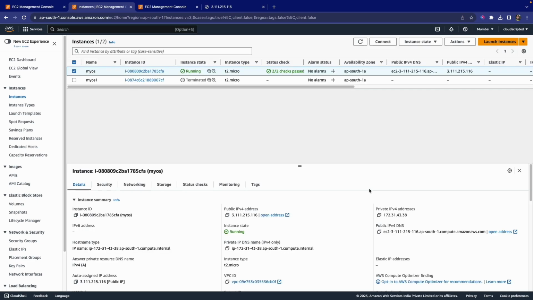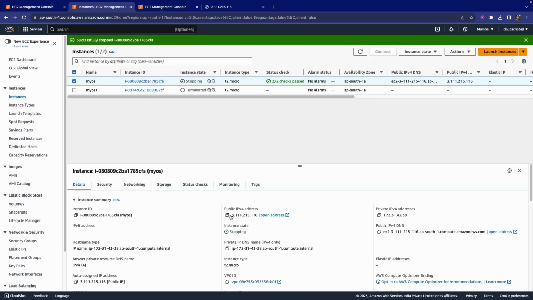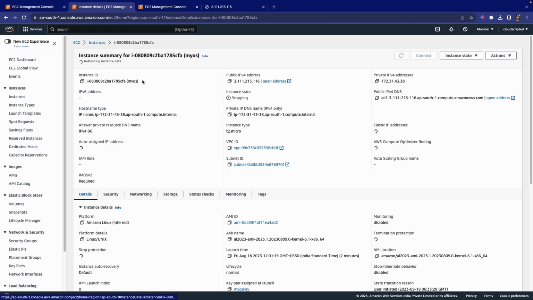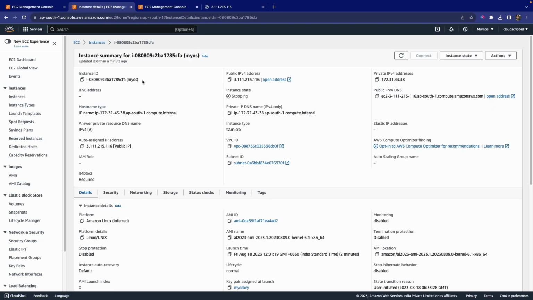Okay, so once you stop it, the public IP, that is 3.111.215.116, might change, right? Let me refresh it. So this is currently stopping the instance. Just go to the instance ID again. Okay, so here in the instance ID, just click on the instance state,